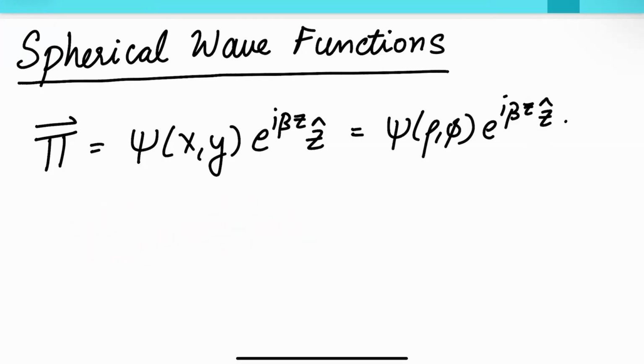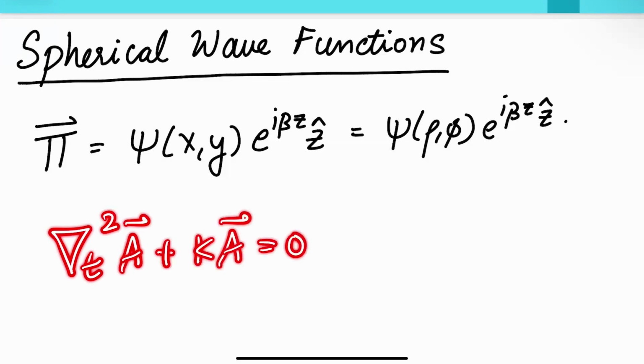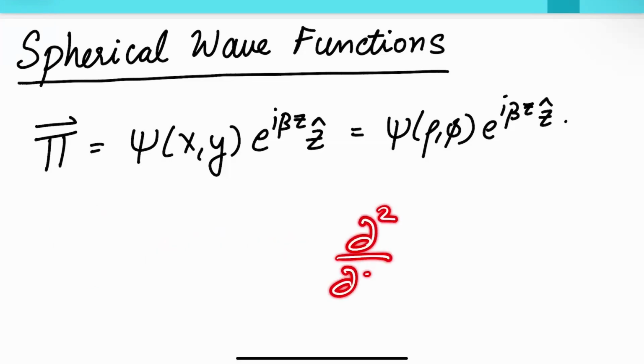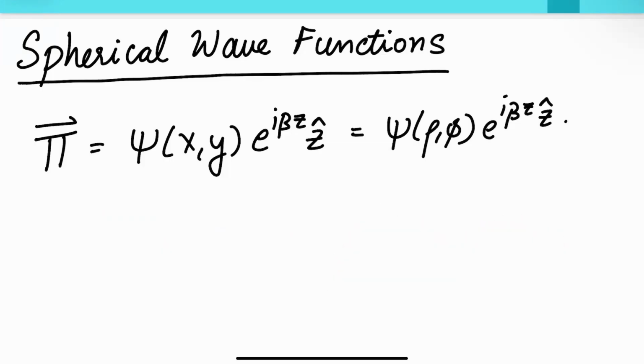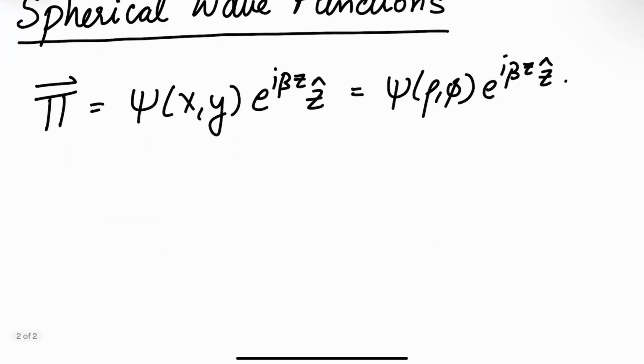That could have been decomposed into a transverse part, which is what we did, plus k equal to 0, and a longitudinal part, plus k squared A equal to 0. Since we could do that, we could reduce it into a scalar wave equation, which we know how to solve. But in spherical coordinates, you can't really do that because you don't have this nice decomposition into z and a transverse version. You have r, theta, and phi, and there's no easy decomposition because the Laplacian in spherical coordinates cannot be decomposed